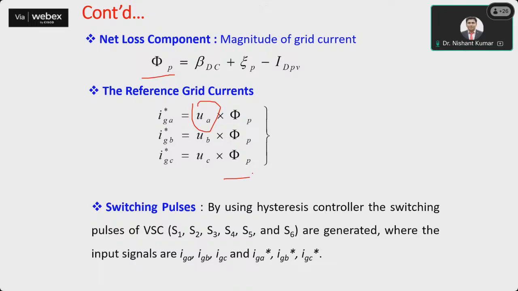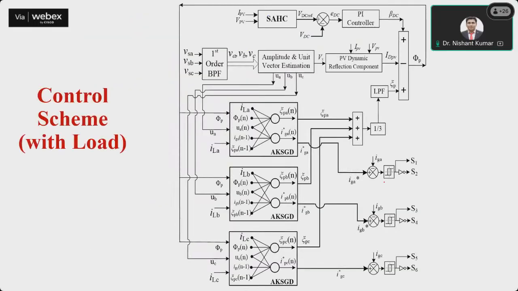If this is a DQ controller, then you go for the load D and Q component, and accordingly you use the PLL for the equation purpose, and then you multiply and generate the grid current reference. And then by using any hysteresis controller, you generate the pulse. But these things will be inside the controller, which is already built by a third party,